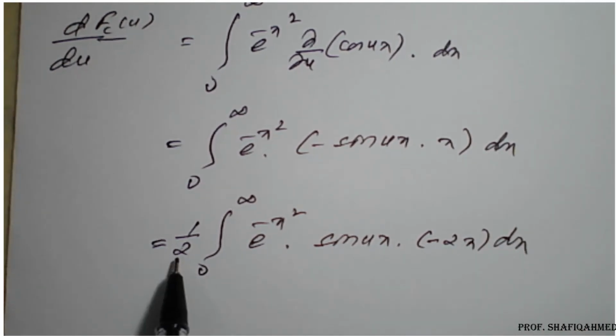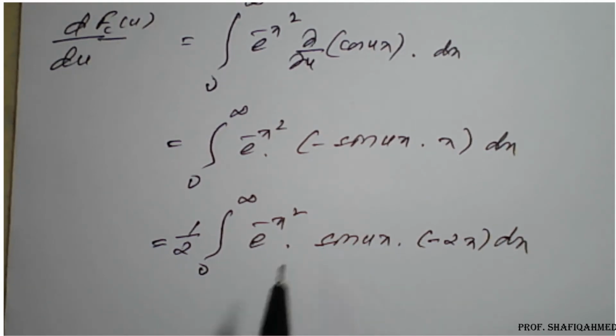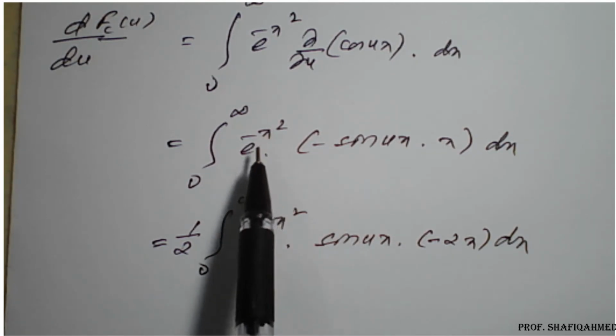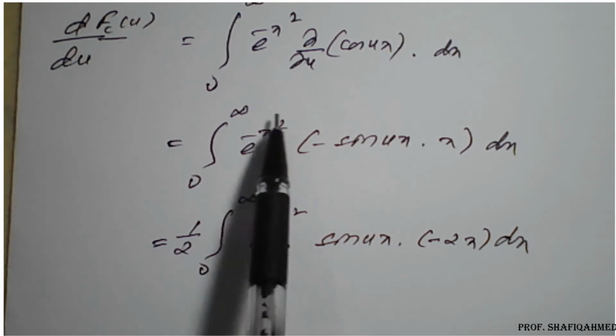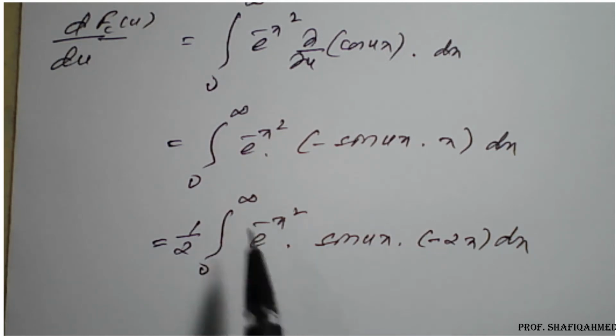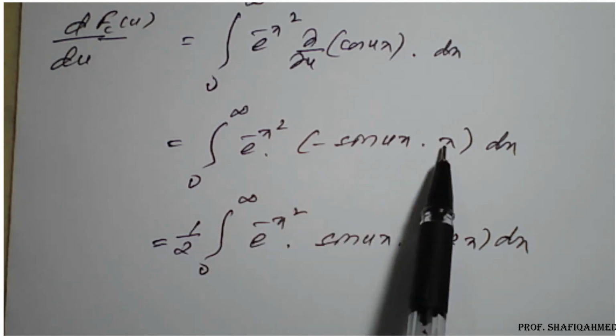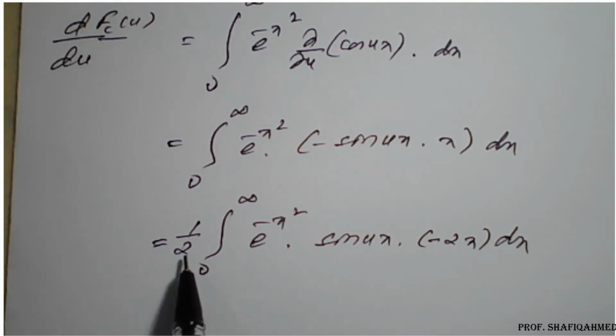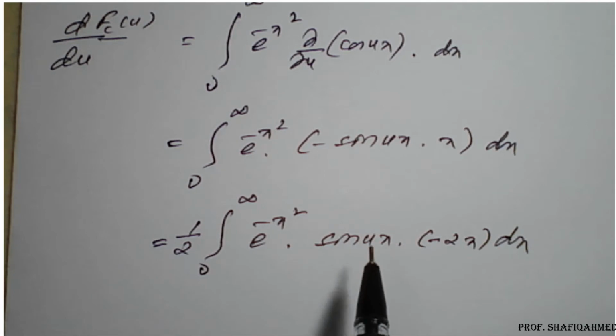Okay, this 2 is going to be cancelled and we'll get back our previous. So why am I writing this one? If you integrate e raised to minus x square, what happens here? e raised to minus x square into the differentiation of minus x square, which will be minus 2x. So to create that situation, we have minus x left here, so we multiply by 2 and divide by 2 to get this step here.